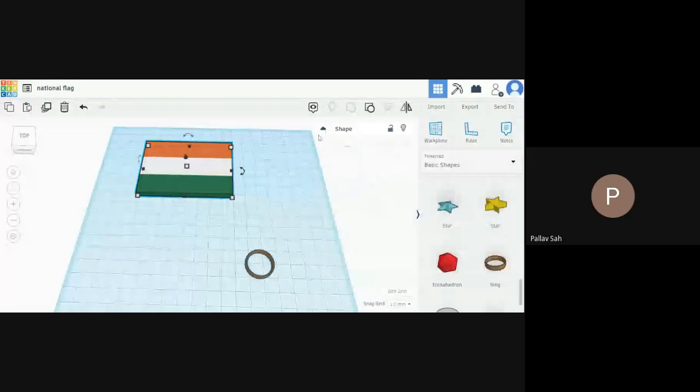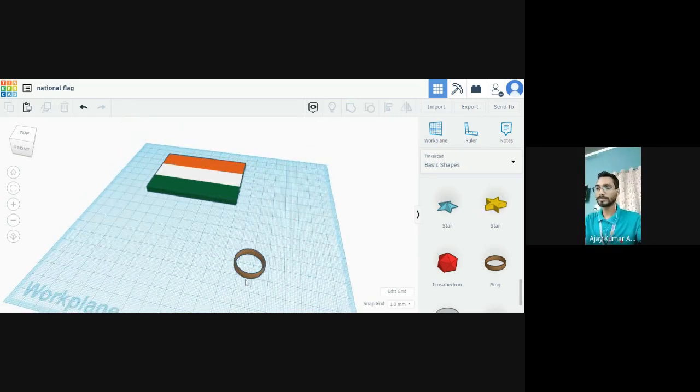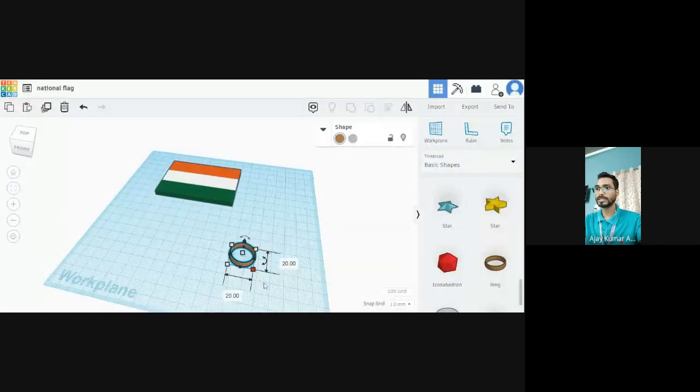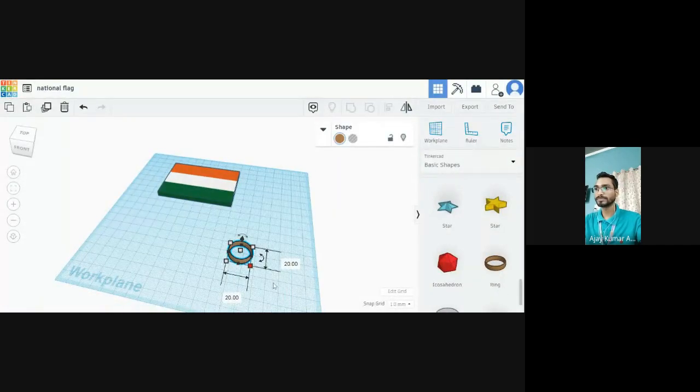Anybody else has a doubt at this point of time? We can wait. Okay, Ajay, I think we can go ahead. So you can change the dimensions according to the width of your white part. I am going to make it 20 comma 20, or you may make it 19, so that it will not go to the sides of the white one. So I am going to use 19 comma 19.